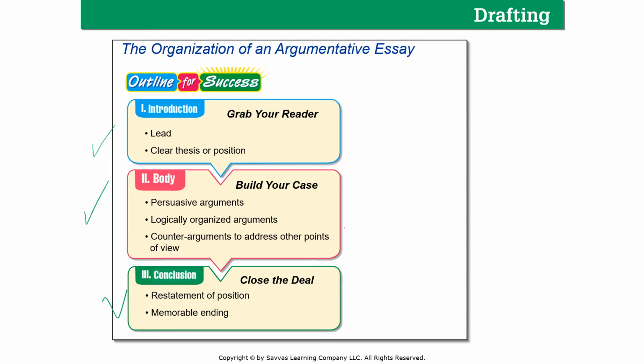There should be a sequence from the beginning until the end. And finally, I should include counter arguments to address other points of view. I'm stating my point of view, I'm trying to convince people to take this stand, but I should also be aware of the argument of the other side and state it, then counter argue